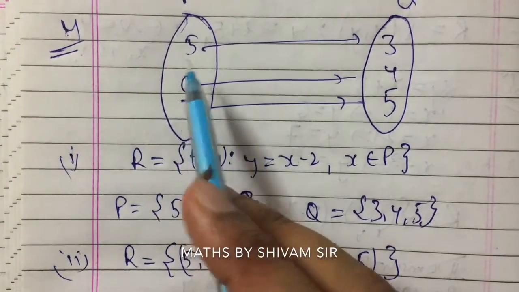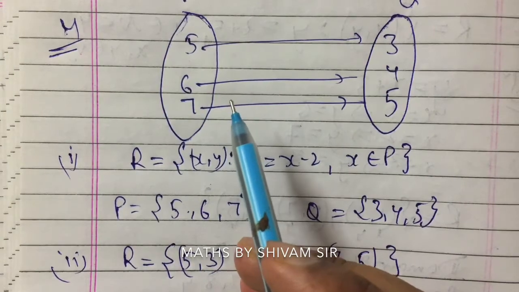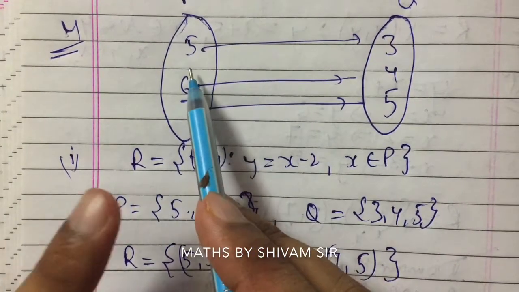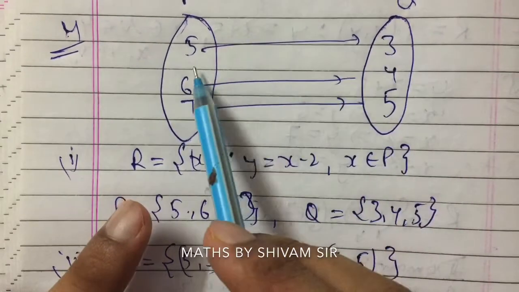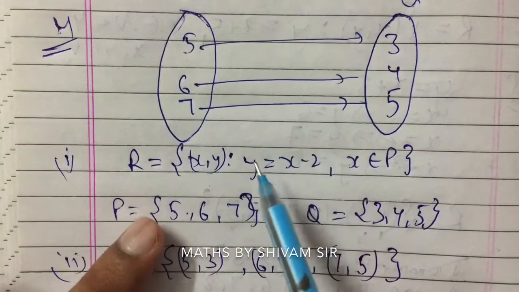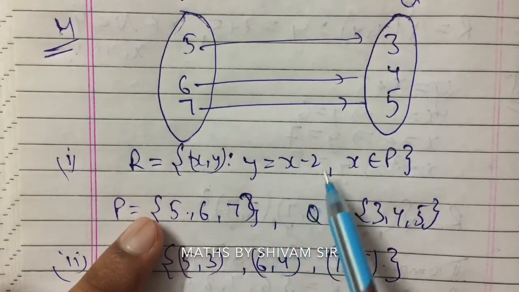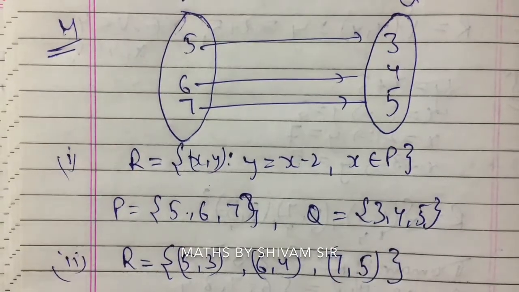So relationship, you just write the expression, try to understand and try to write down the relationship between this P and Q set. So P and Q set relation is, how Q is related to P. Q is equal to P minus 2, as we have written here, Y is equal to X minus 2. So please pause the video to note it down.